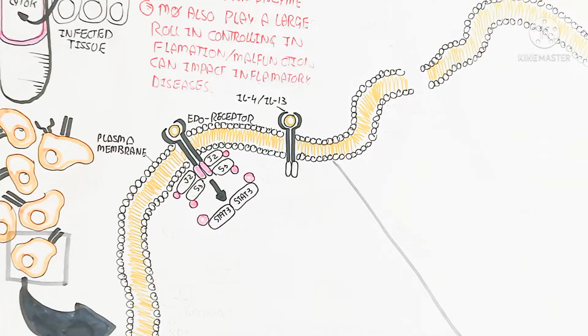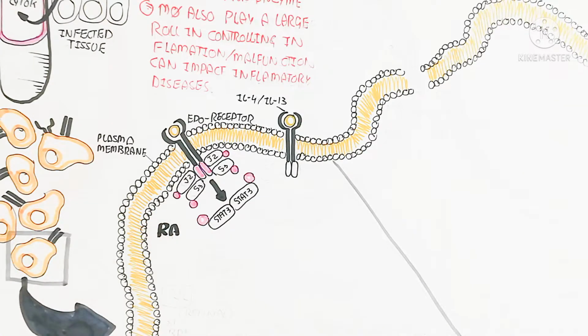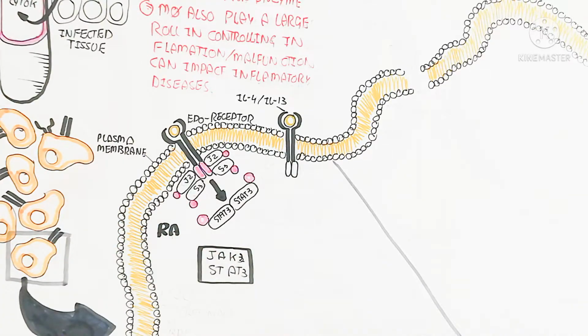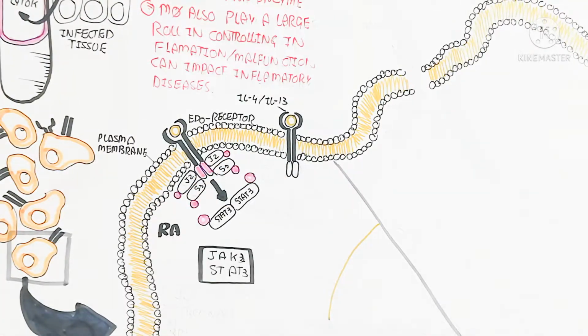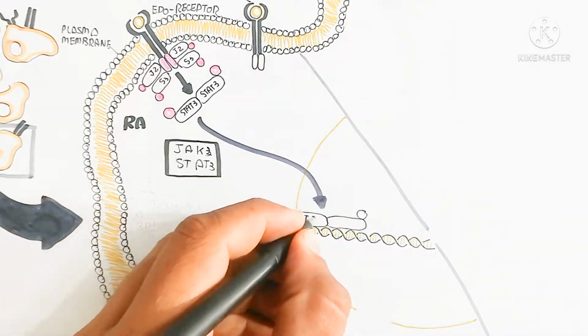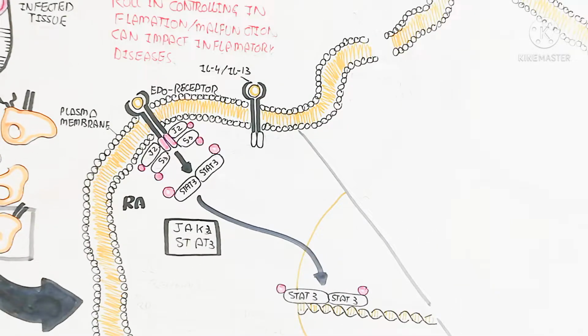On the other hand, the other receptor is the interleukin 4 and interleukin 13 receptor, which is a tyrosine kinase receptor, and will bind Janus kinase 3 and STAT6 to become a transcription factor. After this binding with the DNA,